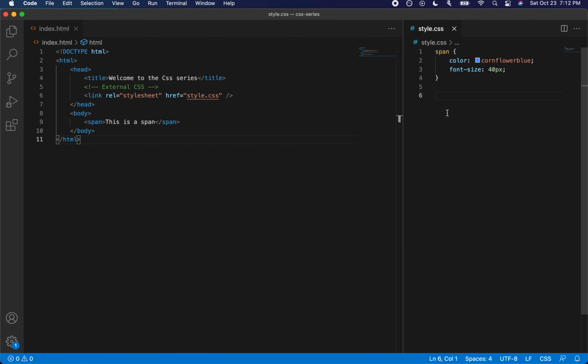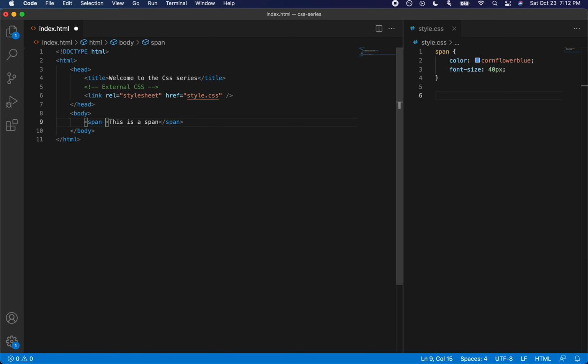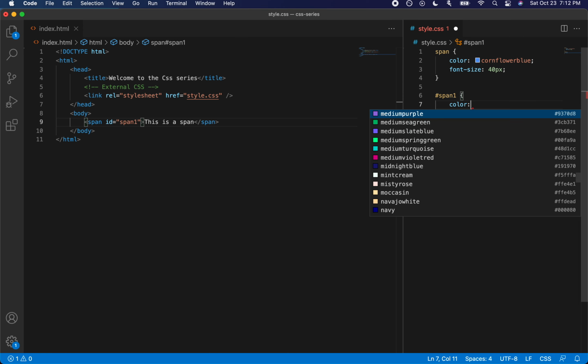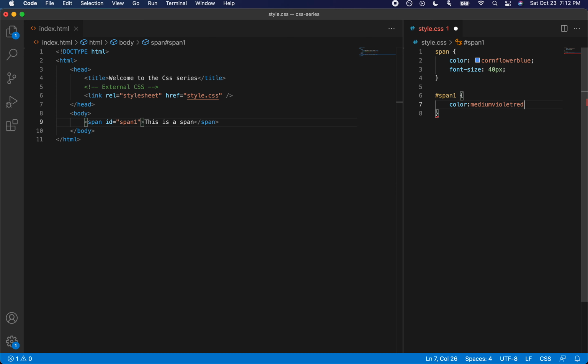Now, let me target the same element with an ID this time, and then give it a different color than the one that we already have. Let's give a contrasting color.